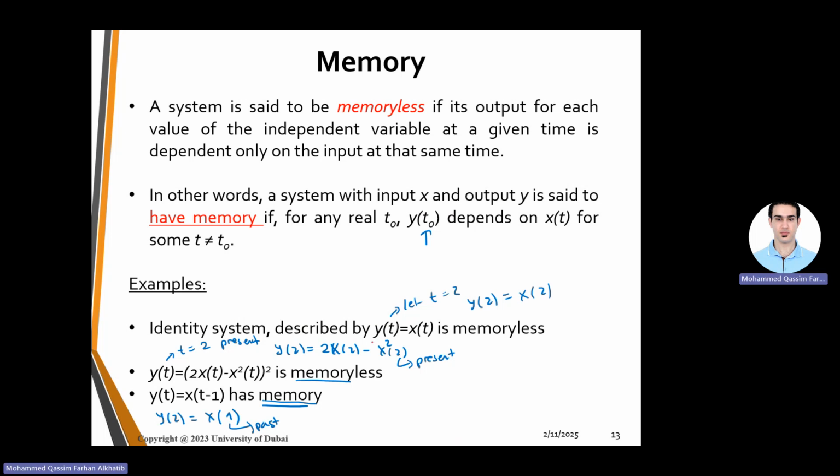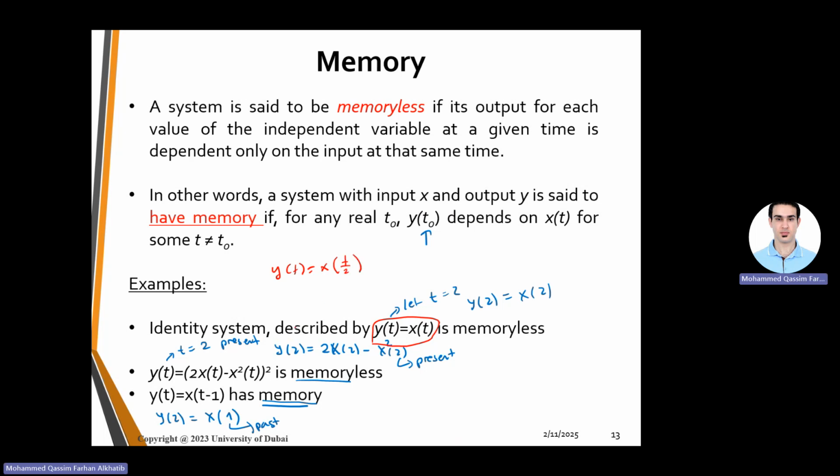this system y of t equals x of t is memoryless because whatever point in time for the output is the same point in time in the input. So it does not rely on past values. So in this case, the system is memoryless. However, if y of t equals x of t over 2,